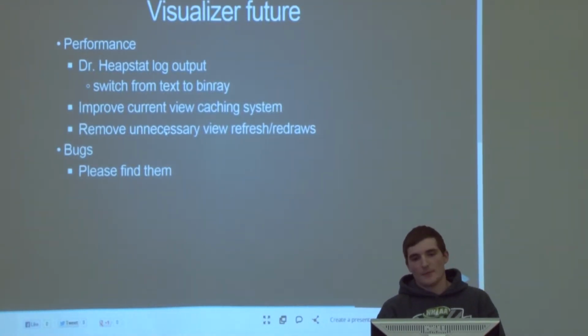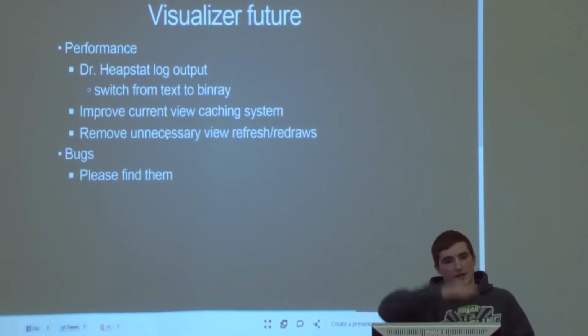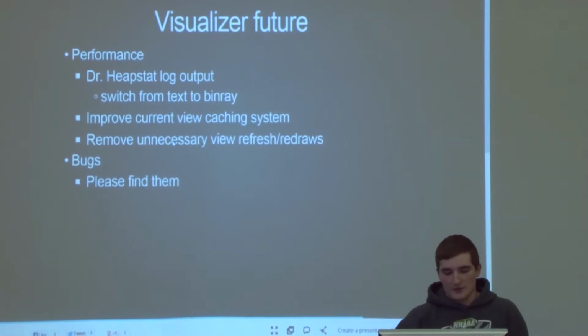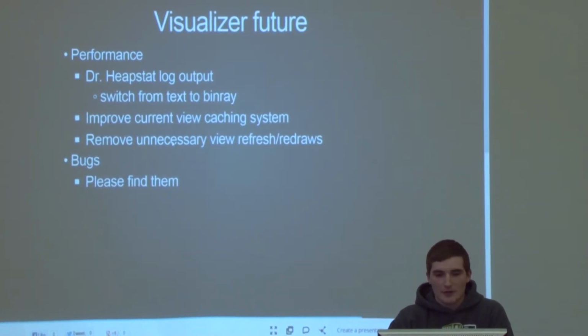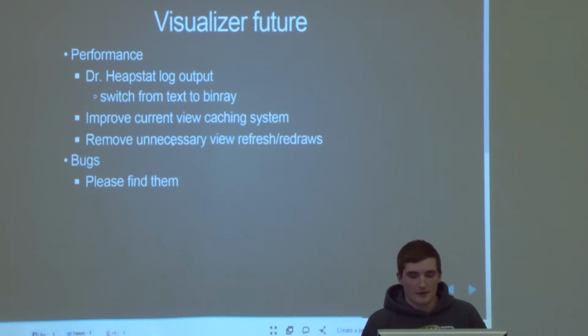Alright, so what I have left to do for it is this: Dr. Heapstat perfectly outputs a text file, which as I said before is really, really big, so it's not good for human consumption. I want to switch that from text to a binary format so that it's way easier to read in the files to be analyzed by my viewer, because with the really big files, it takes up to a minute to read all the data